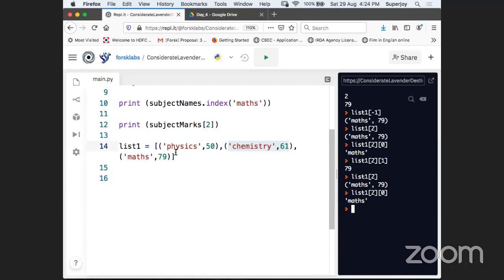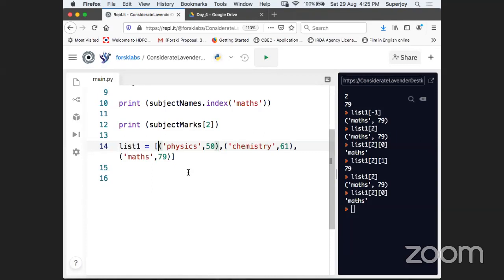how you will get the index, that at which index your math data is, how you will get that index. Okay, how in Python code? By just looking at this list I can get to know that physics is at index 0, chemistry tuple is at index 1, maths tuple is at index 2, but how will you check it programmatically, how will you do that, guys?